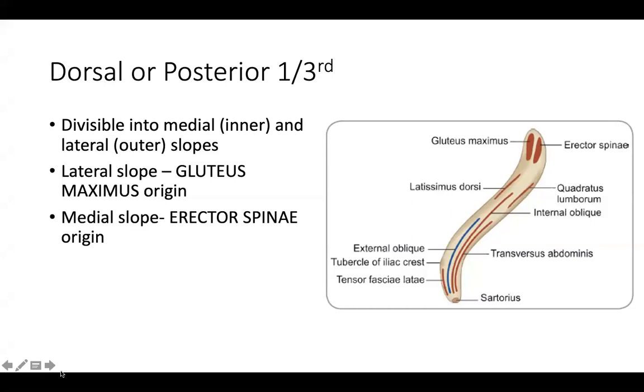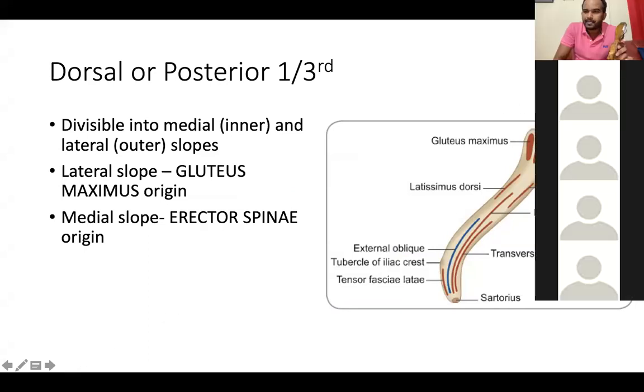This is all about the iliac crest, upper end. Is it okay, everybody? Is anybody confused? If you are confused, do not get worried about this. Once you open your books and see the posterior part of the hip bone, you will get an idea. And if you are still in doubt, then you can post your doubt on my personal WhatsApp so that I can make it clear for you.